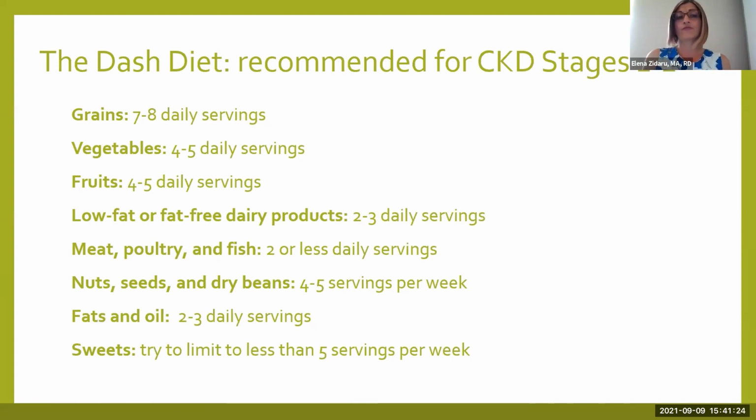And then for vegetables, 4 or 5 servings daily. Fruits, again, 4 or 5. Low fat, fat-free dairy products, 2 to 3 daily servings. Meat, poultry, and fish, 2 or less daily servings. So it can be a deck of cards, which is usually about 3 ounces. As we mentioned last week, the size and thickness of a deck of cards is about 3 ounces. And it can be 1 deck of cards or 2, so 2 or less, basically,